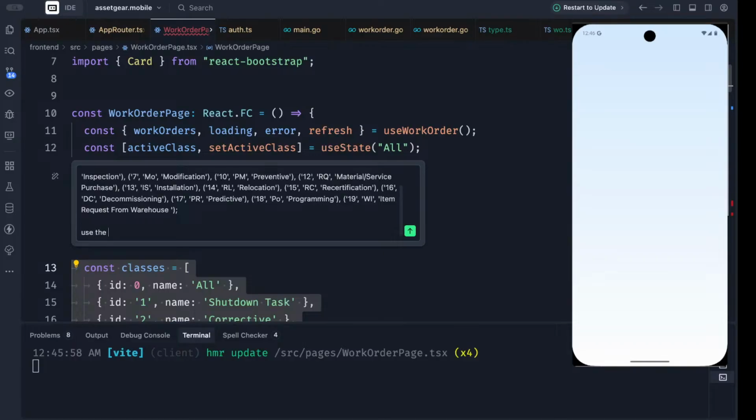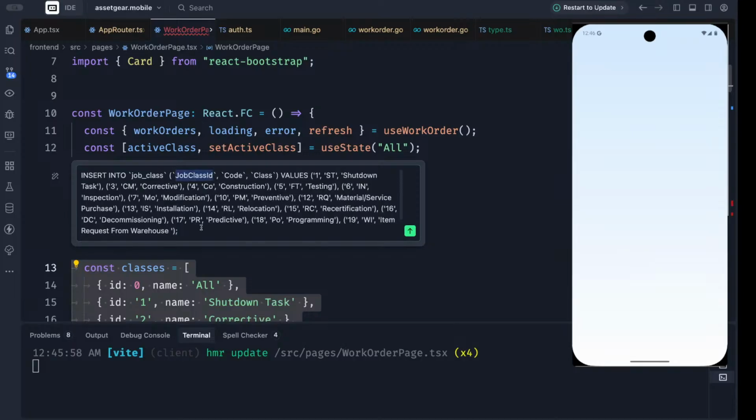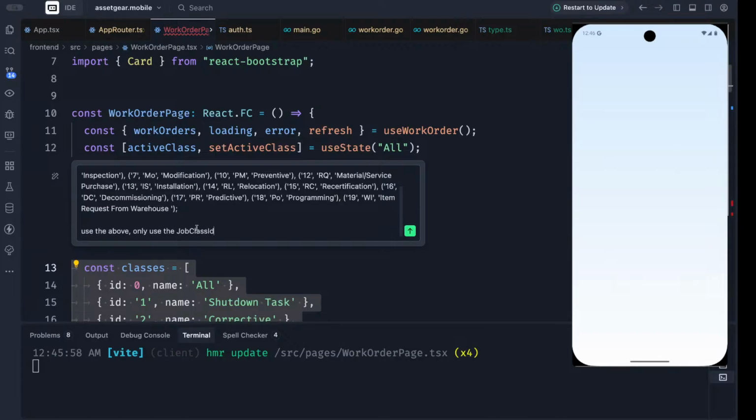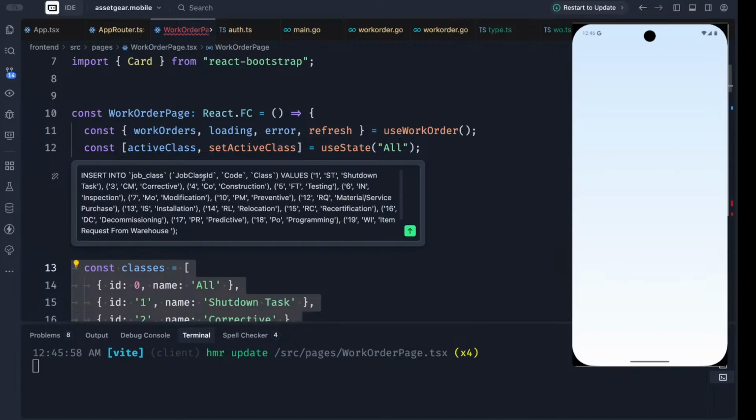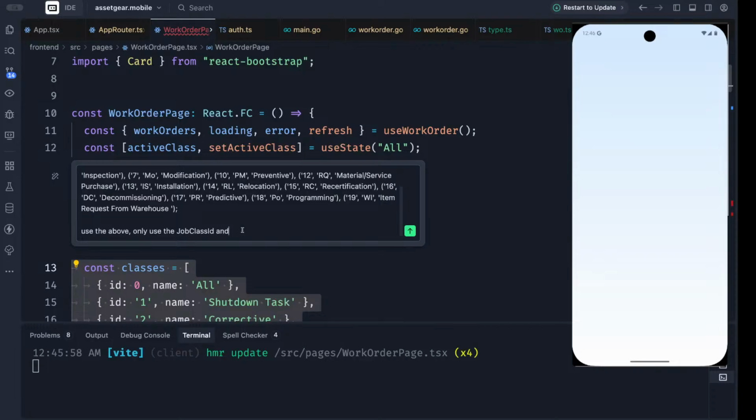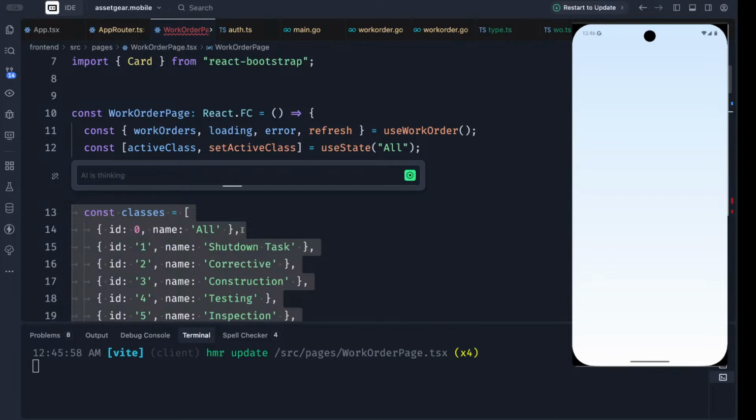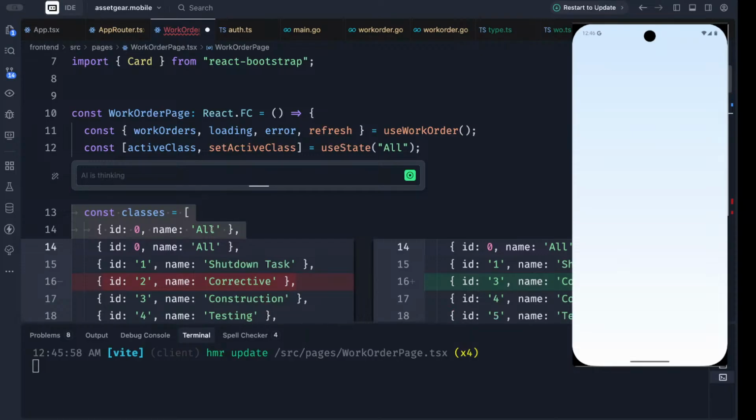Use the above, only use the class to set up the array. So it should just use what I just told it to do now. Why is this still putting it inside the